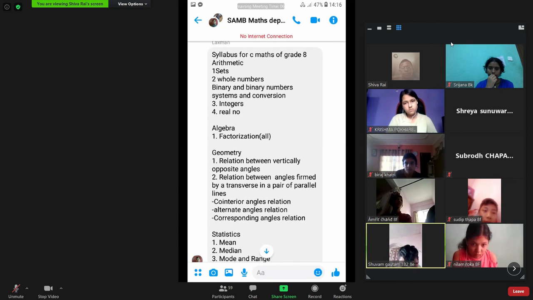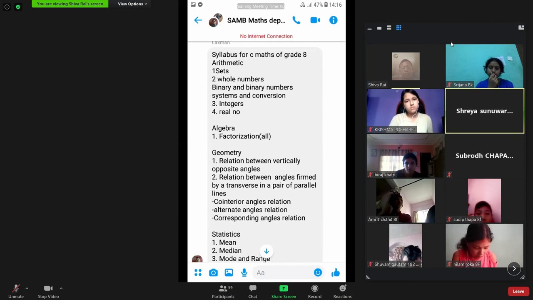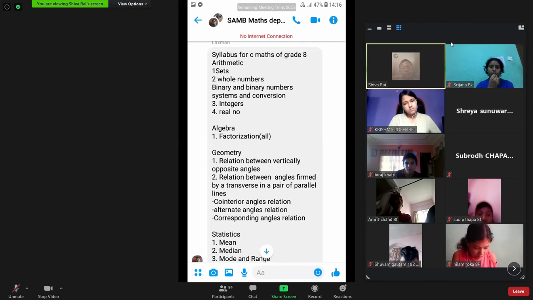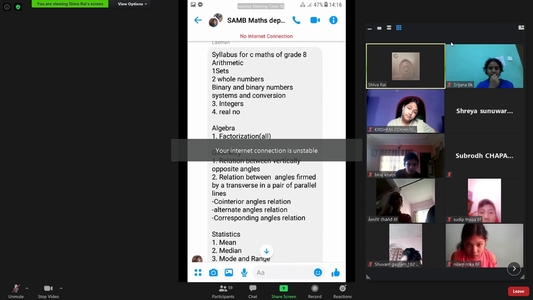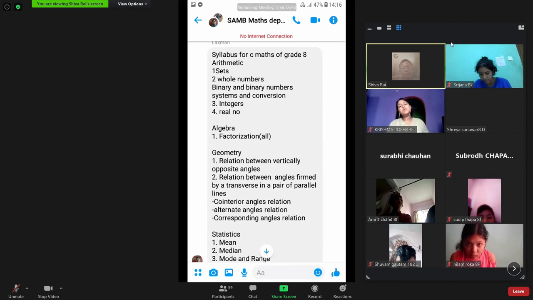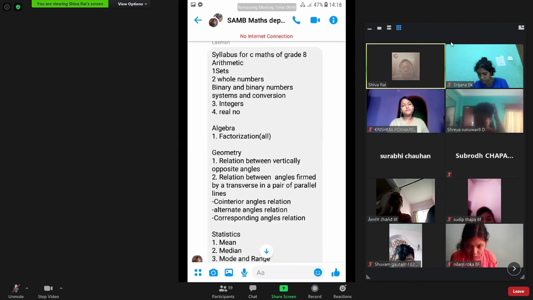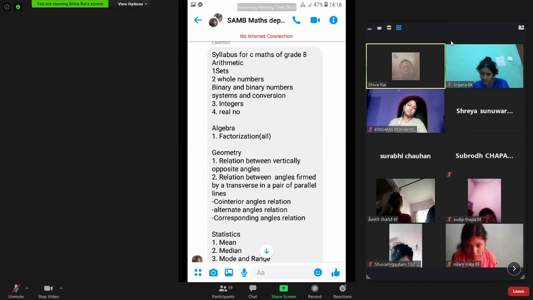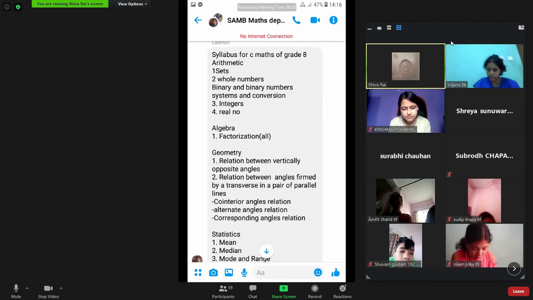Sir, scientific notation will not come? Yeah, scientific notation also comes in the number system. You look in number system. There all comes. Real number, I already said, is a very large number system. It includes every number system. Look, natural number, whole number, integer, rational number, irrational number, all these things. So only they are left to mention here. In the real number system, everything comes there.